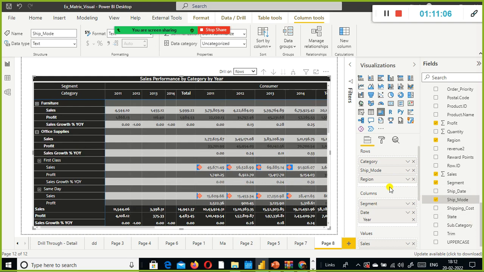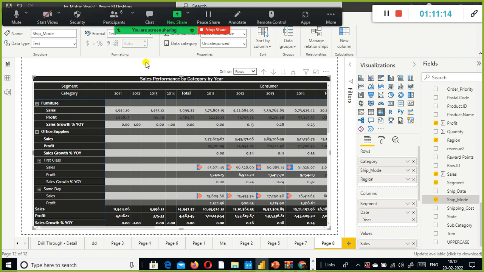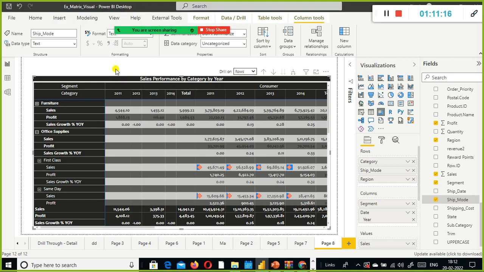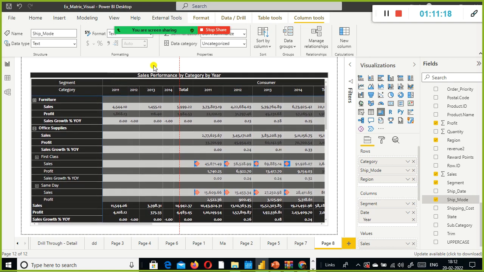Okay, the more the dimensions, the more the confusion, right? So make sure that you're not adding too many dimensions. And again, it depends on your analysis. There is no hard and fast rule. It depends on your requirement. You can just play around with this. Now you understood what features are available from the formatting. Format also matters a lot, isn't it?